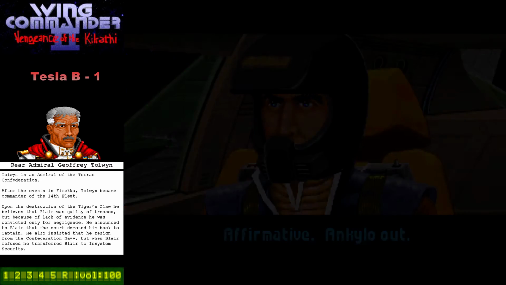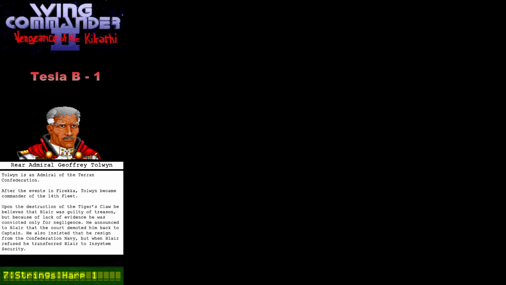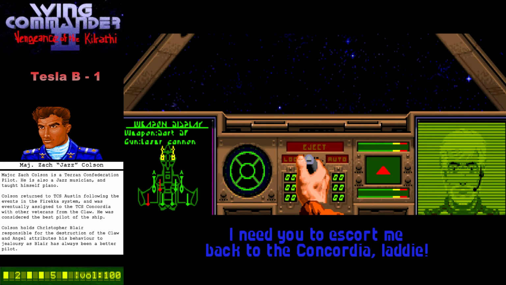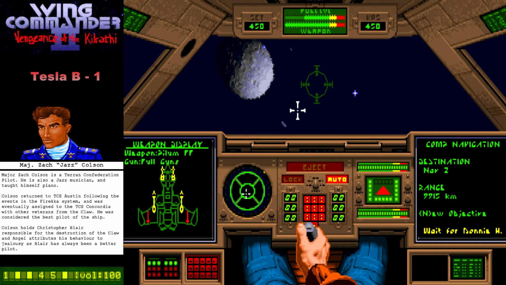Stingray, well, he helped us in the asteroids, I guess. Also, Blue Lad. Excuse me. It's me, Paladin. I need you to escort me back to the Concordia, laddie. Alright, I guess that's what we'll do then. So, yeah, I mean,